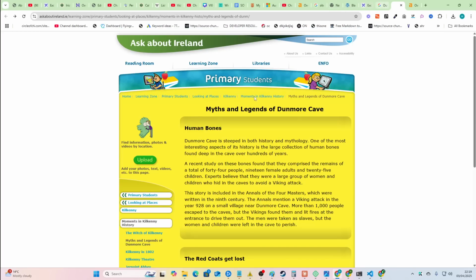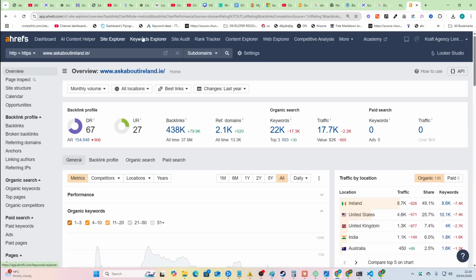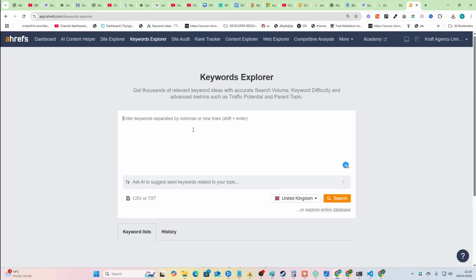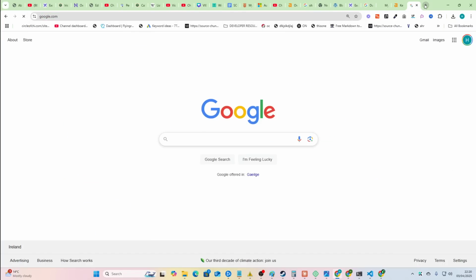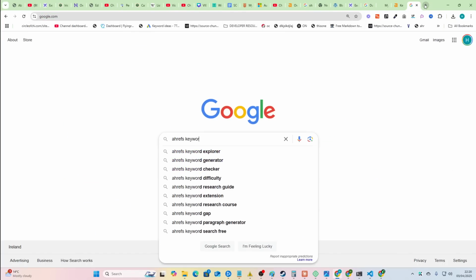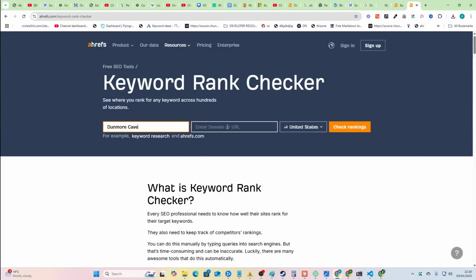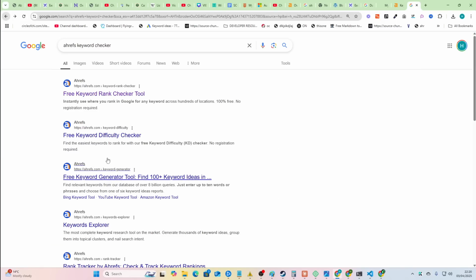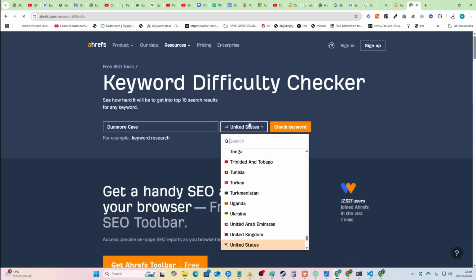Overall, I think hidden gems is not a terrible idea. I reckon a lot of people search for Dunmore Cave. Let's just have a look. Keywords Explorer. I'm just using Ahrefs. You can use a free version of Ahrefs, just so you know. So you can actually go on Google and search Ahrefs keyword checker. If you don't want to pay for it and you just want to get a quick idea, you can just use, sorry, not this one, this one, the difficulty checker, right? If you're just curious,